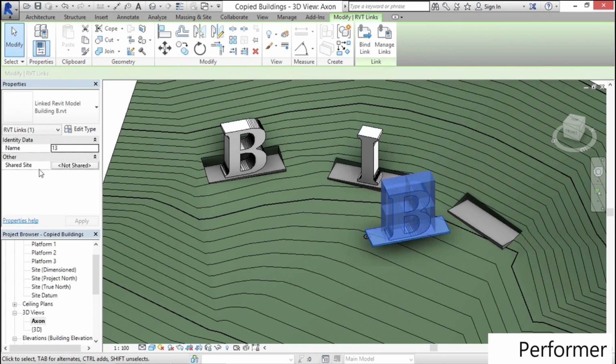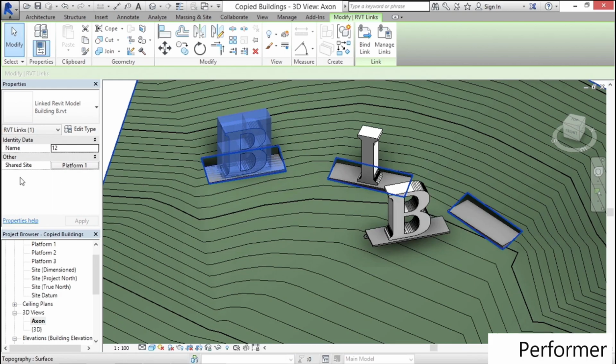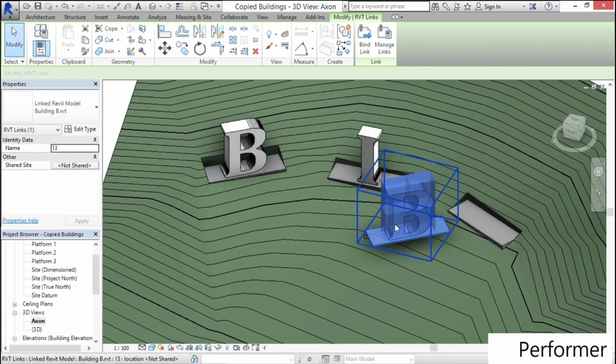And so its shared site currently says not shared. But if we click back on the original building B, its shared site says platform 1. So this is important because each instance of the linked file can have its own location and can either be shared or not. So right now, this instance is not shared, but all I have to do is click on